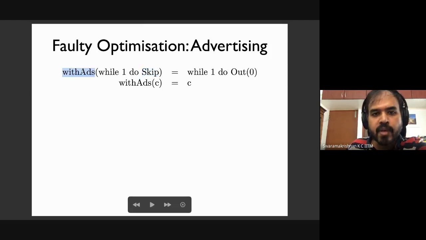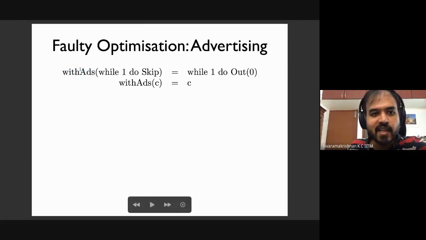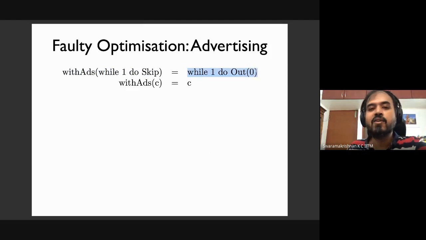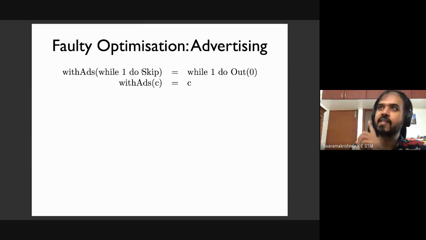I'm going to optimize this with this broken with-ads optimization, right? Optimization did not optimize. It's just some function that transforms the program, right? And the transformation that I do here is that I'm going to infinitely output 0. There are two problems here. Firstly, this is not an optimization. Secondly,